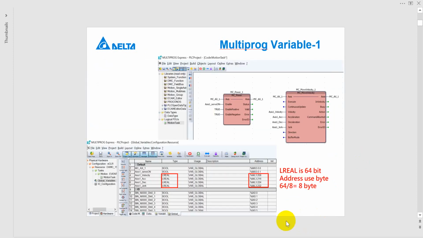This page will show you the multiprog variable. Here I just focus on the multiprog because in Lua we will use a PLC mapping address, so that might be introduced next time. So here you can see we define two function blocks. First is MC power, means to servo on and servo off, and another is MC move velocity. So here we just define like servo on. Here we define in